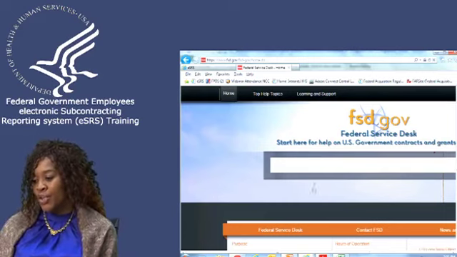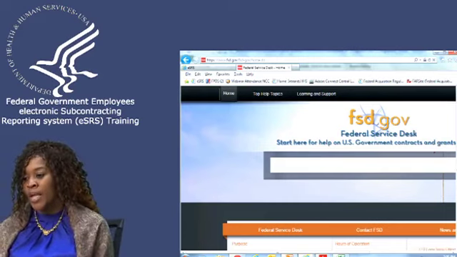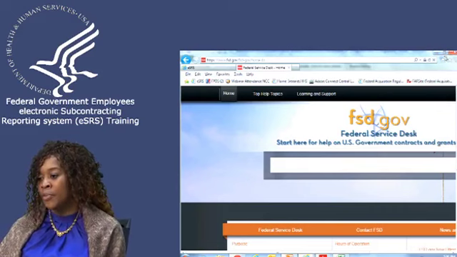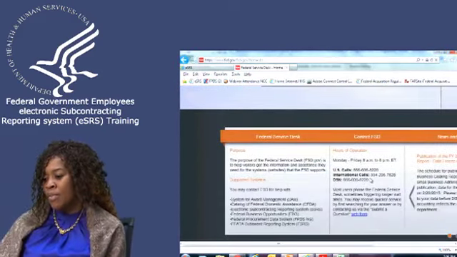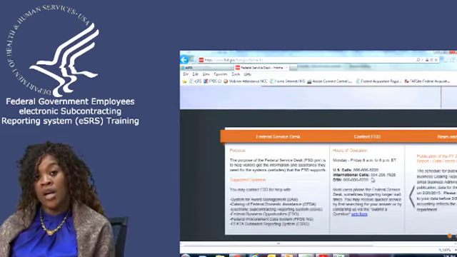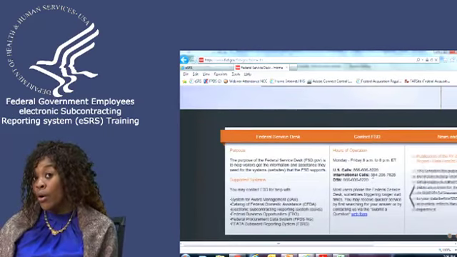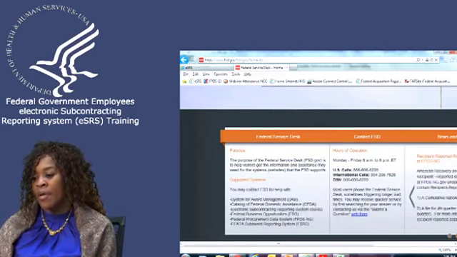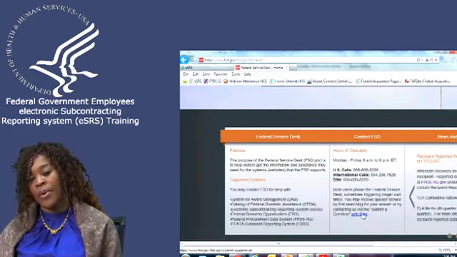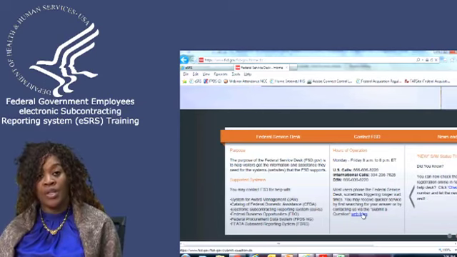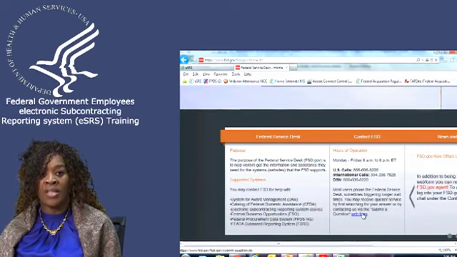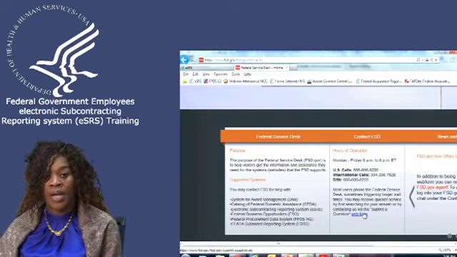There's several things that you can do on the Federal Service Desk. You can actually have an 800 number where you can contact the 800 number and make those calls and talk to a live person, or you can put in a report through the web form. Everyone who does a web form will have to register for an account, and they do that so that if you ever have a question that you need to revisit, you can just log on to your account to revisit